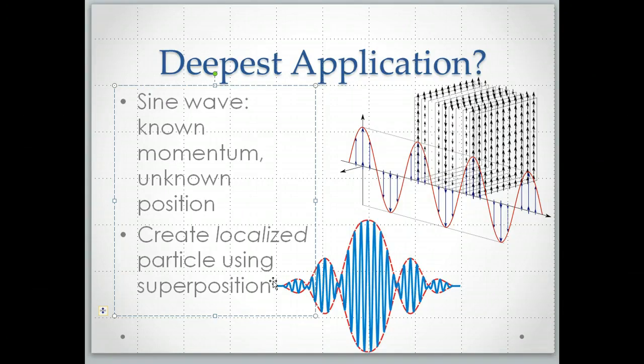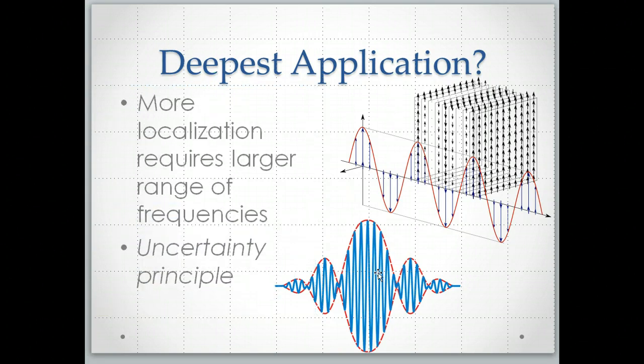In particular, to get the probabilities to cancel out over here and over here, that requires the kind of very fine cancellations that we were seeing to create the square wave in the heat story, this function that was almost constant for a long period of time. So you can do that. You can create a localized particle using a superposition of waves,